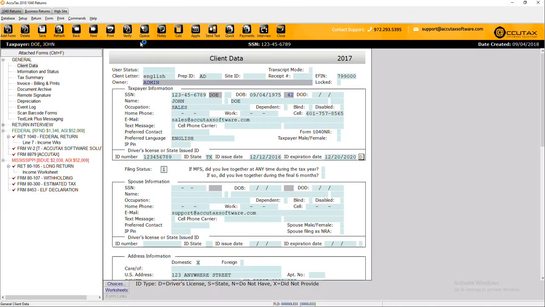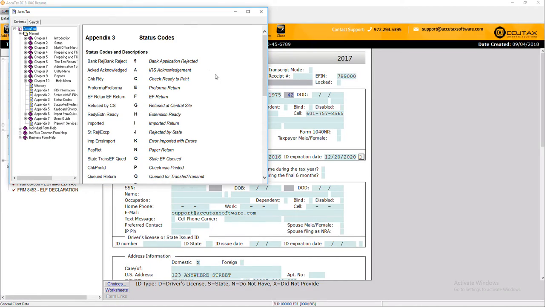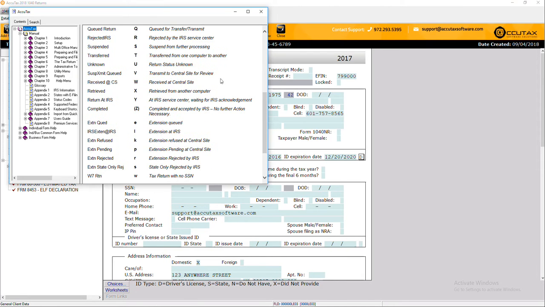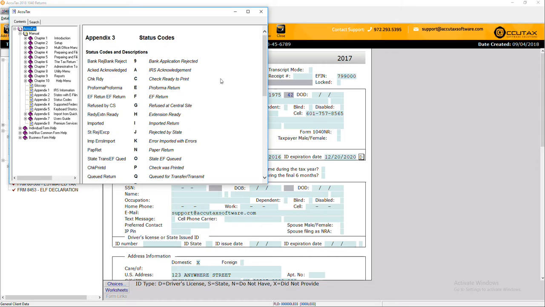Return Status Codes. The Return Status Code function gives you immediate access to the status summary codes used by AccuTax when it transmits returns information back to your transmitting computer. This information is helpful for determining the status of returns and what further steps need to be taken to process